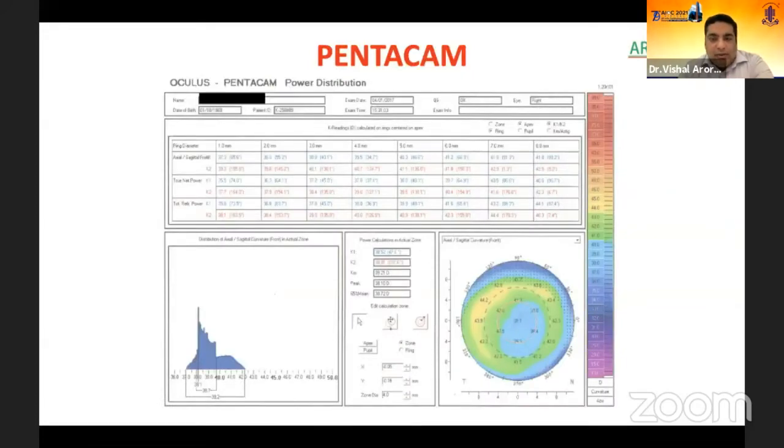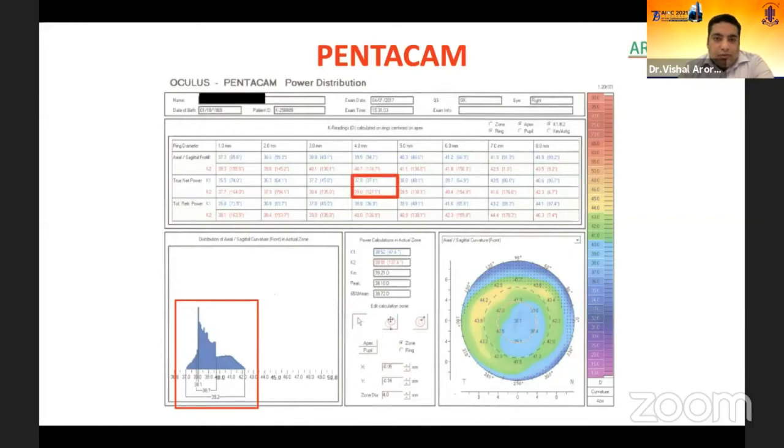So Pentacam, this printout is basically an EKR report of the Pentacam. Whenever you see an EKR report, first look at the power distribution. If the distribution is compact, that means the cornea is a little bit regular. If it is not compact, you may not even arrive at the actual corneal power even after using these values. In this case, this is pretty compact. If we look at the 1 mm, 2 mm and 3 millimeter zone, some people use these values in the Atlas topographer's column there. I would advise not to use it.